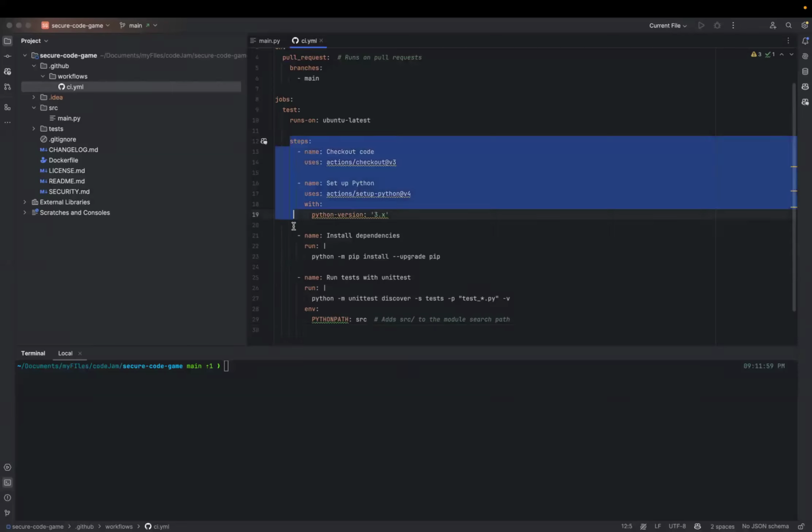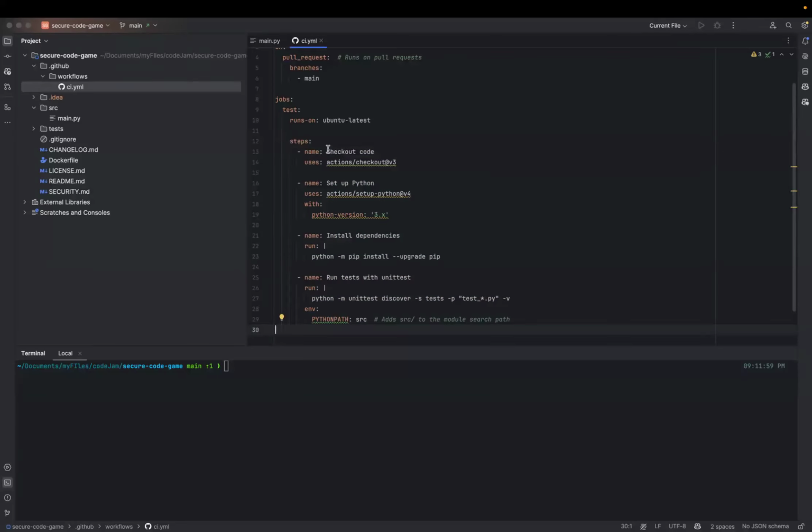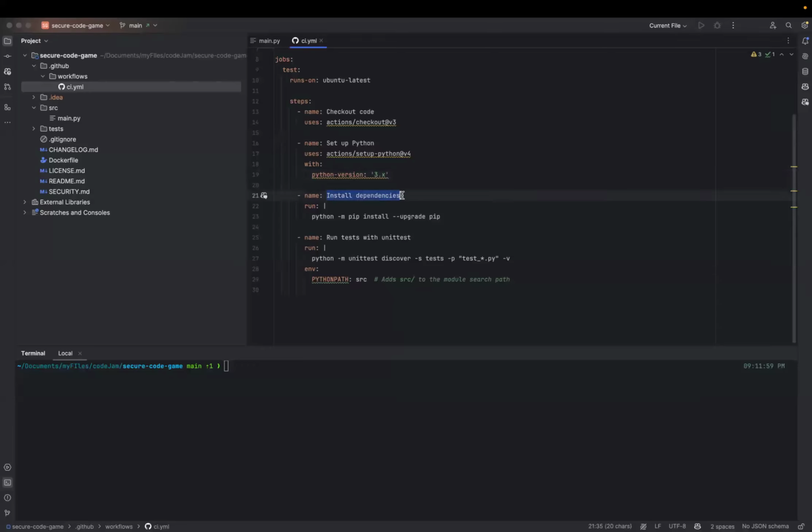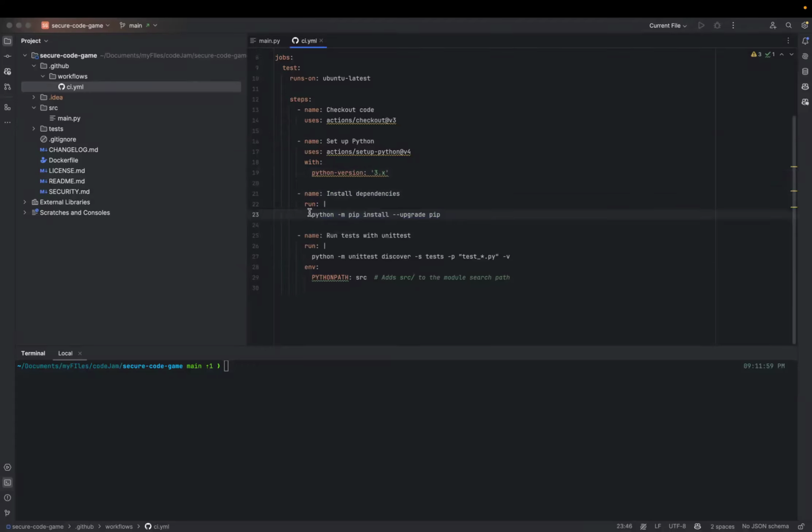So we have implemented some steps here. Check out the code, then set up a Python environment, set up Python version 3, and then install some dependencies to run the test. Here we have not installed any specific dependencies, and then run the test file.